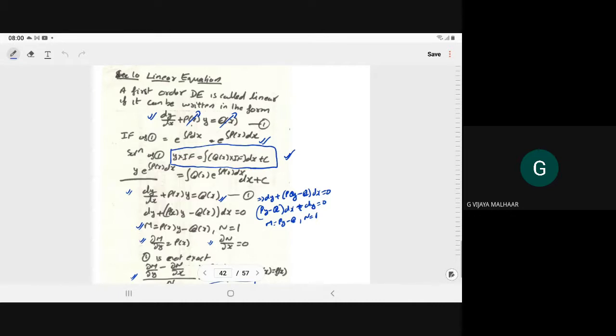In last class, we have covered the exact equation and reducible to exact equation using the integrating factor. So, we have seen we have some function of x and y. If you multiply that, the given equation will become the exact equation. Now, in continuance of that, next section is linear equation. The first order differential equation is called linear if it can be written in the form dy by dx plus p(x)y is equal to q(x).